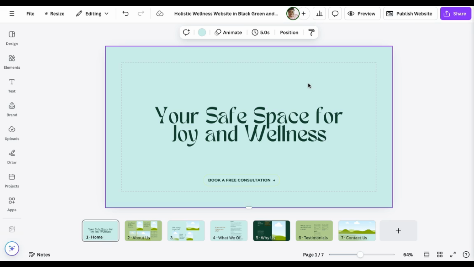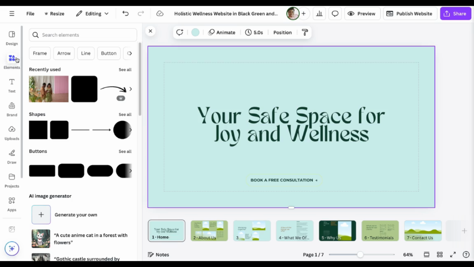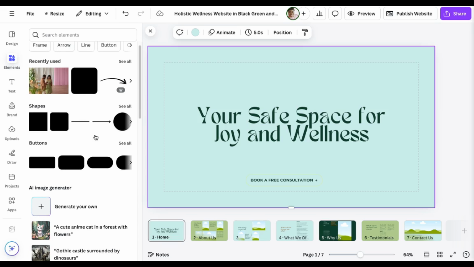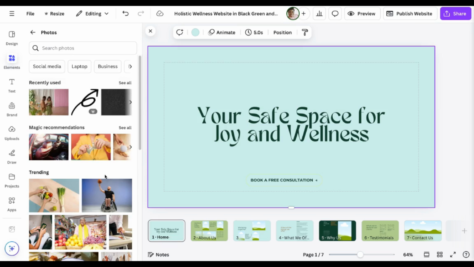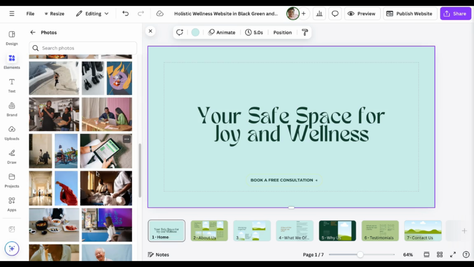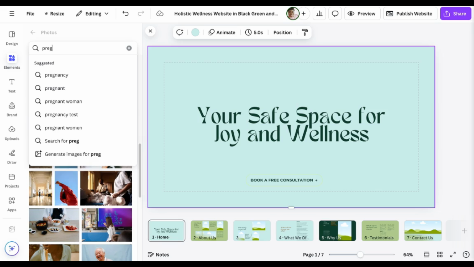Focusing on my homepage, I'm going to look for some images that depict exactly what I want for my wellness brand. I'm going to go to Elements, which is on the object panel, and scroll all the way down to the section that says Photos. I could be browsing endlessly, or I can simply go into the section that says Search for photos. How I search for photos is just typing exactly what I want. Think about the keywords. I'm going to type pregnant